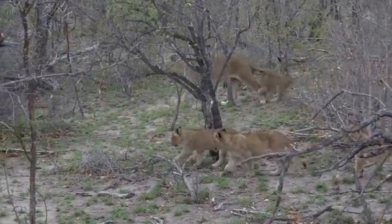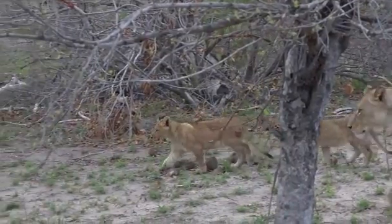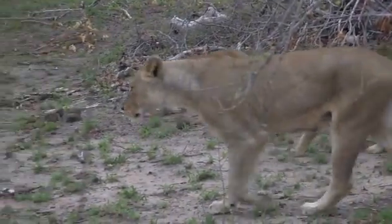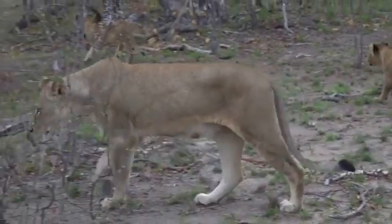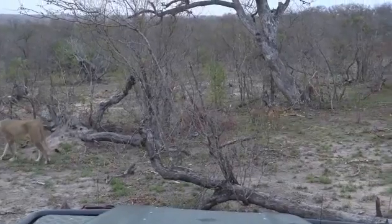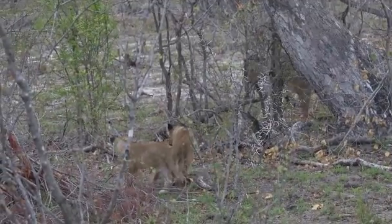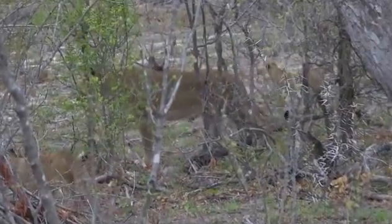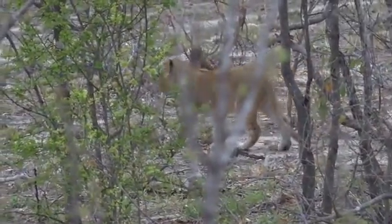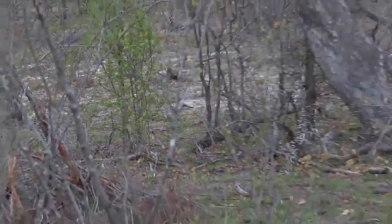Good morning, Ellen. Ellen would like to know if the cubs are all going to be weaned at once, or will they wean themselves at different ages? Now, Ellen, it's quite difficult, unfortunately, because the various mothers are still producing certain amounts of milk depending on the age of their cub. And the older cubs that should be being weaned soon will still try and have a suckle when the adults aren't concentrating. So it does make it quite difficult. So the adults will become quite strict with those older cubs and sort of push them off and growl at them, possibly swipe a few times when they do try and sneak a suckle, and the younger ones will carry on. So they are going to be weaned at various ages, but just keep in mind that occasionally when